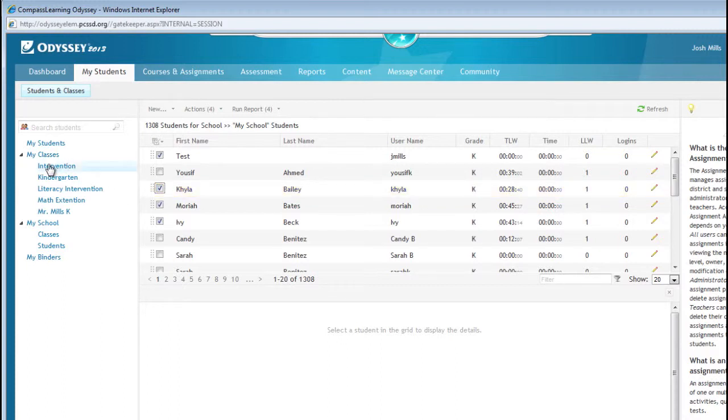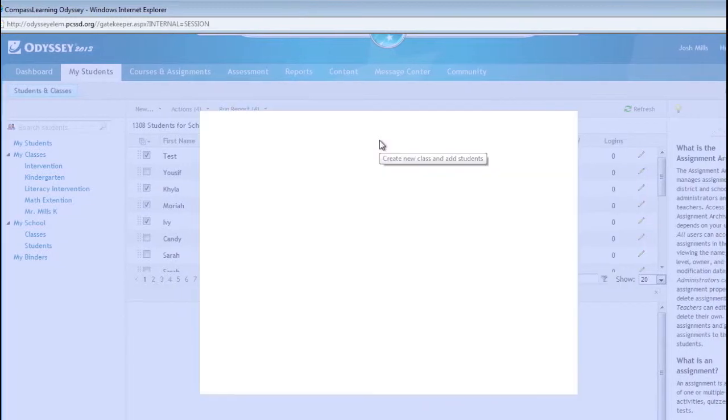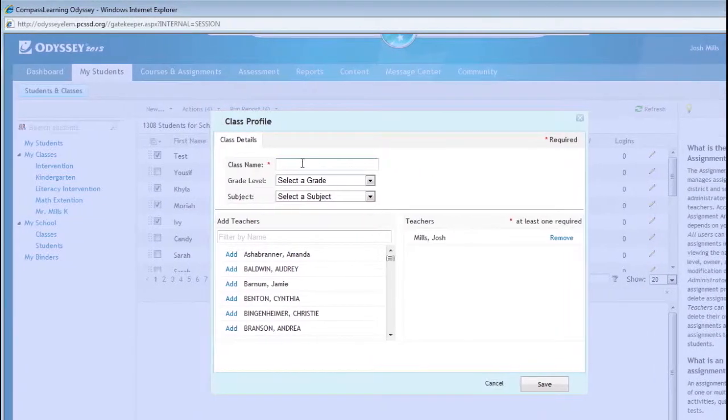Okay, and I don't have it created yet over here, and I was thinking, oh man, I need to go ahead and add these students to make a small group with these students. So I can come up here and go add to class, and we can see up here at the top where it says select a class or create a new class. So if I click create new, that same box is going to come up,